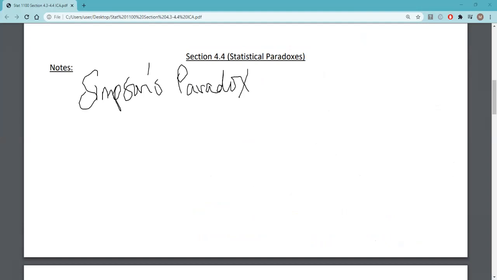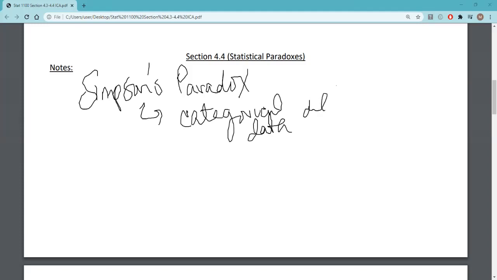Simpson's paradox occurs when the data gives different results if we look at it in categories, categorical data gives different results than if we look at it all together. And I do have an example that I'm going to work out with you once we get to the practice problems. And then two other things that can happen as well